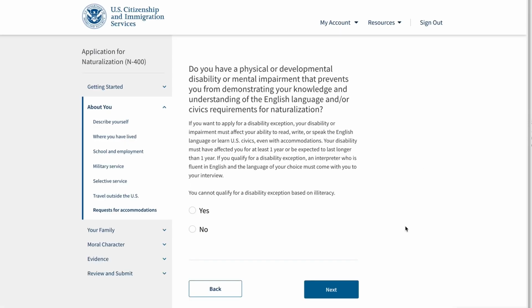Another important question is about physical and developmental disabilities or mental impairment, because one of the requirements for citizenship is that you need to successfully complete the English test and also the civics test. So if you are mentally disabled, or it impairs your developmental abilities in such a way that for more than a year you are not able to read and write properly in any language,